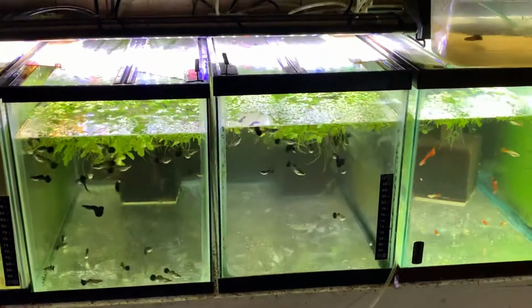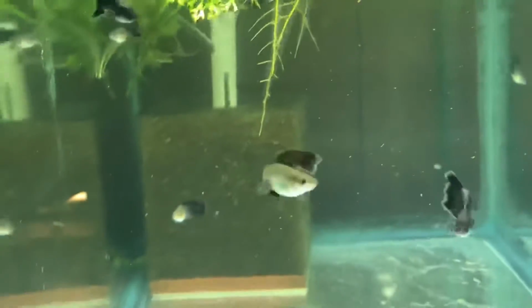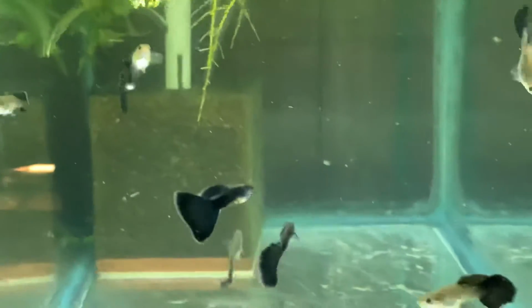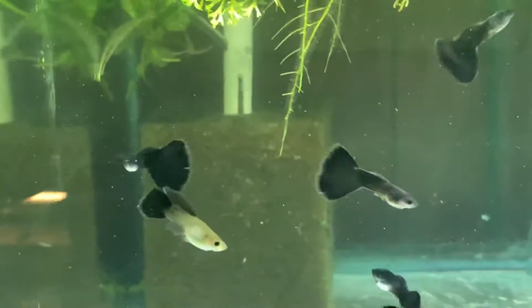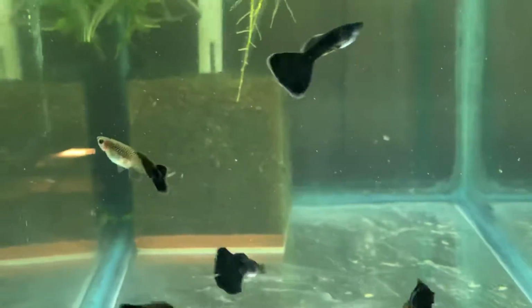I'll try to do a video with an update on some of the Black Moscows. This is a breeding tank I set up yesterday of some of the nicer looking ones. I selected the males with the nicer fin shape. They look a little bit lighter colored in this water with the LED light overhead, but that should change once